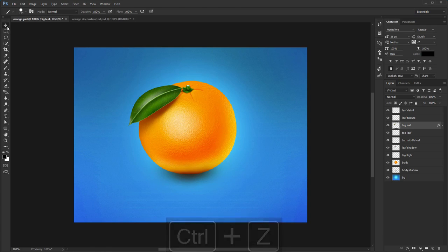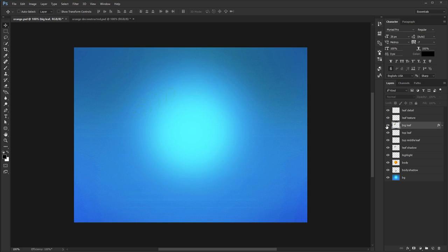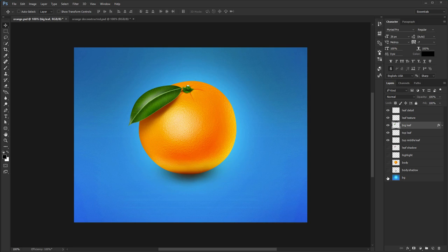Now, let's see how you can work with layers like a pro. First, if you want to identify an existing layer in a project, I suggest one of these options. 1. Toggle its visibility. You can do that by clicking on this eye icon on the left of its thumbnail. You can do that with one layer, or you can hold down your mouse click and quickly move up or down. As you can see, by doing this with one layer at a time, I can identify its purpose on